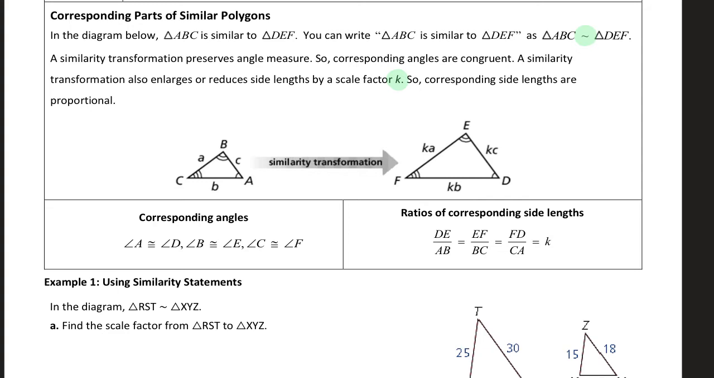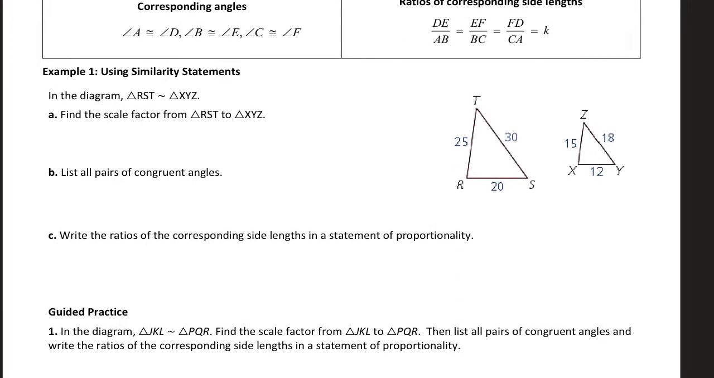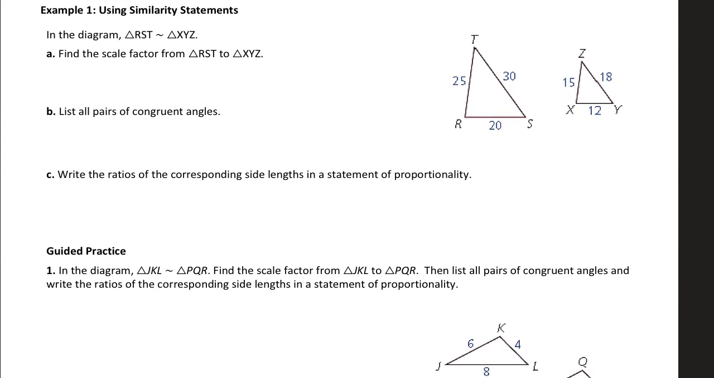So the corresponding angles, A and D are congruent, B and E are congruent, C and F are congruent, okay? And the sides are multiplied by a scale factor, all by the same scale factor. So we're going to get an example about similarity statements, and we are going to find the scale factor from RST